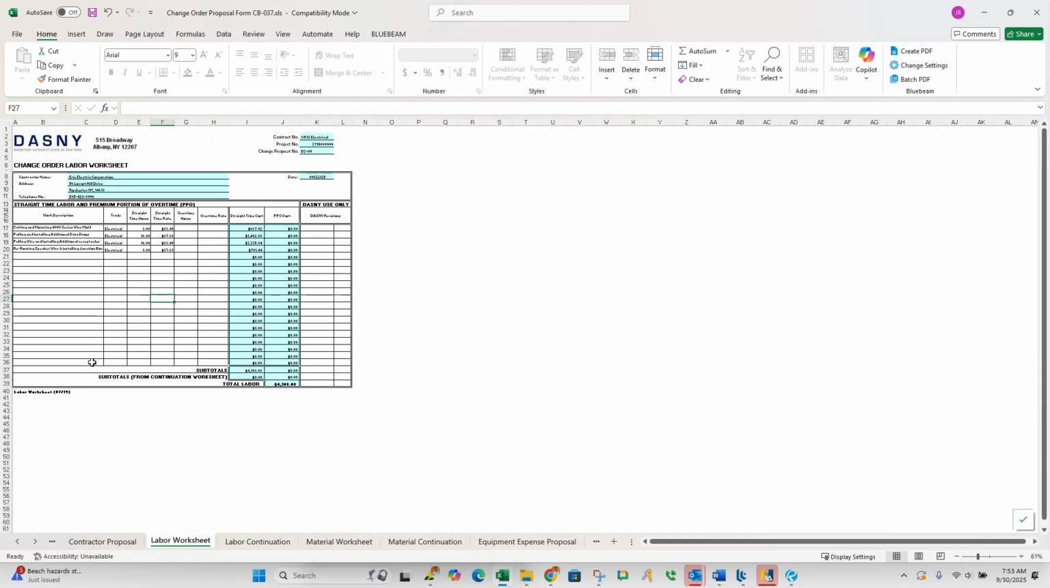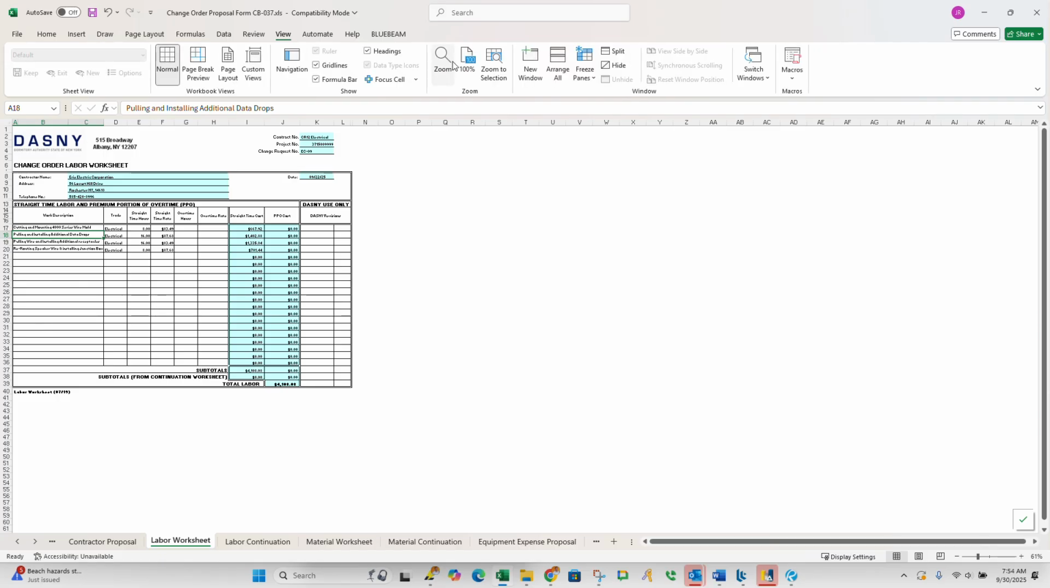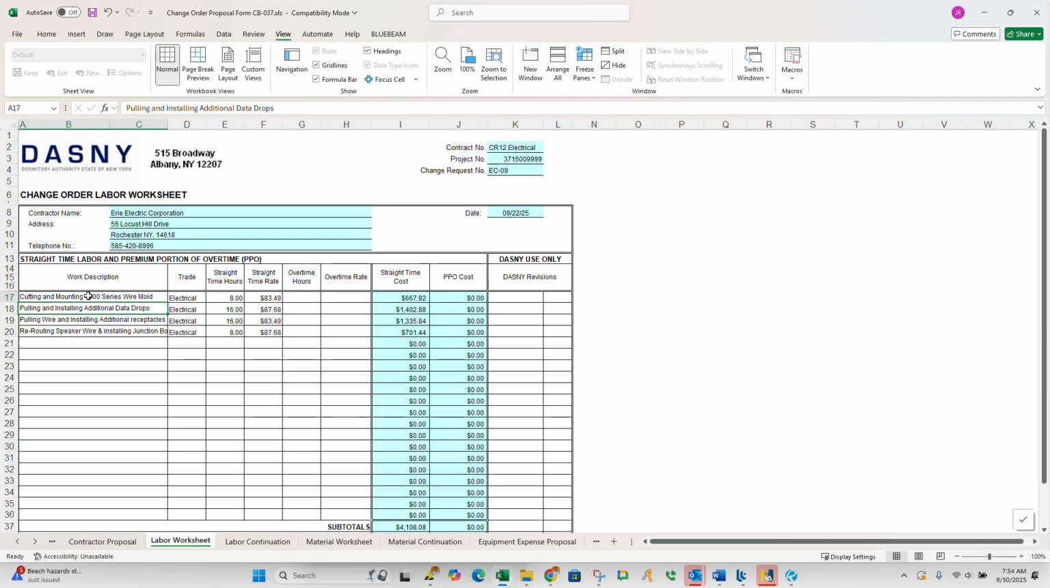Okay, so now this is our labor worksheet, and it is not zoomed in at all. Okay, so here's where you're going to write your work description, right? And you're going to use one of those two rates. So I have it kind of split between journeyman and foreman. So for something like this, right? So we're going to clear everything existing in there. You'll clear the hours too. I'm going to leave them right now just because